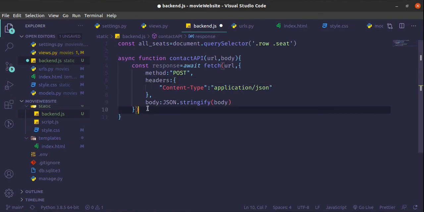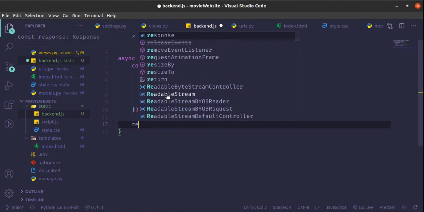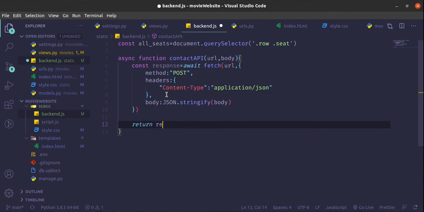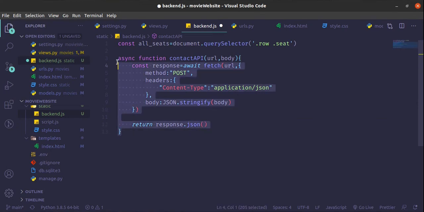When you are done, you are going to return a response.json. Okay, so this is what you are going to return. So this function here called contactAPI is what is going to make all the post requests to the back end. All right,